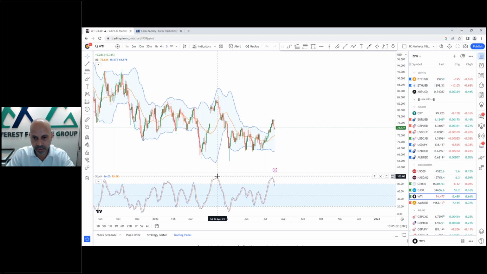The last time stochastic went as high as 97 on the daily time frame, we did see price abruptly reverse. So this is when it would be potentially signaling to us that we have a potential short idea or short position to initiate